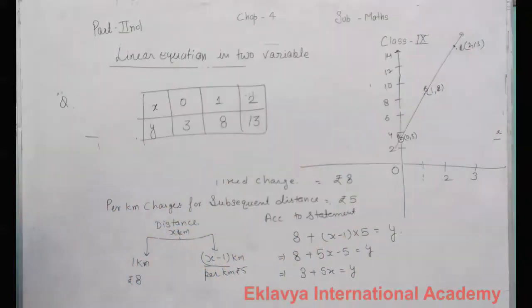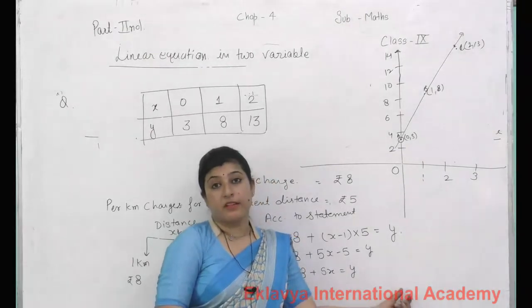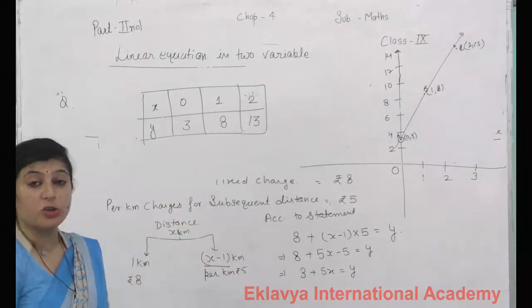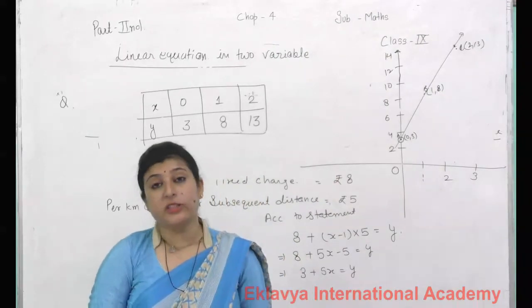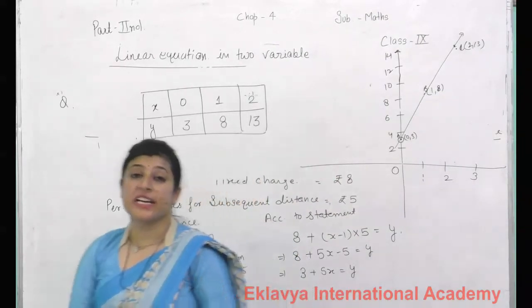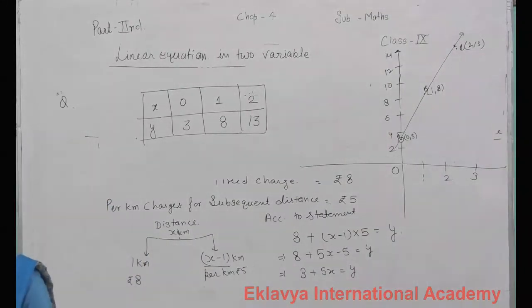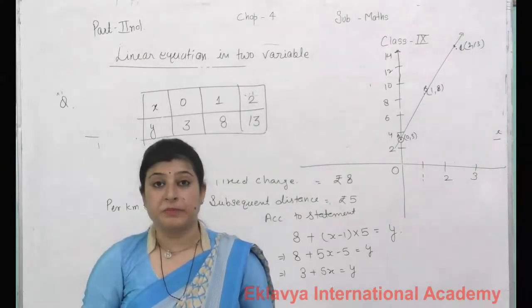This time we get the graph of the linear equation 3 plus 5x is equal to y. So we can show the graph easily with the solutions. You can take 2 or more solutions, it doesn't matter. According to this you will complete your exercise 4.3. If you have any query then you can message me on my WhatsApp number or on your link also. There is also an option that you can leave your queries there.